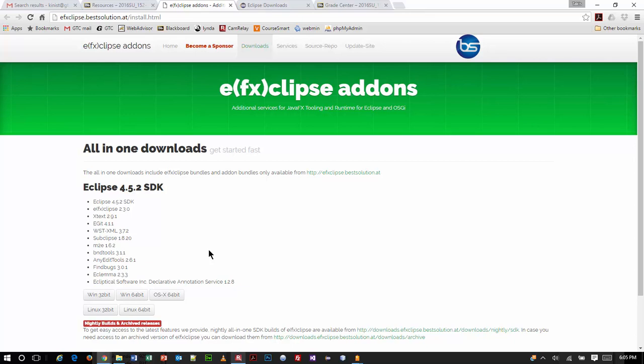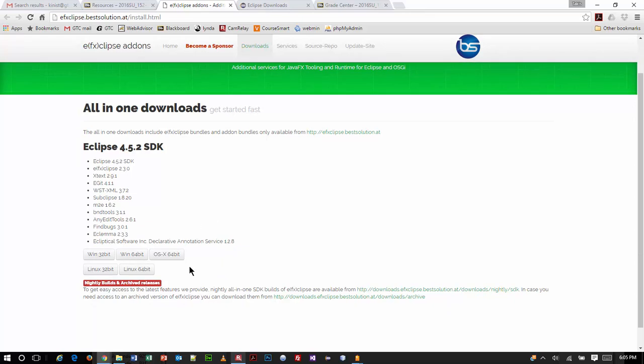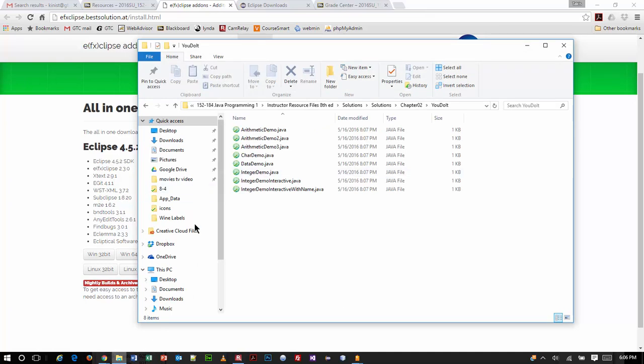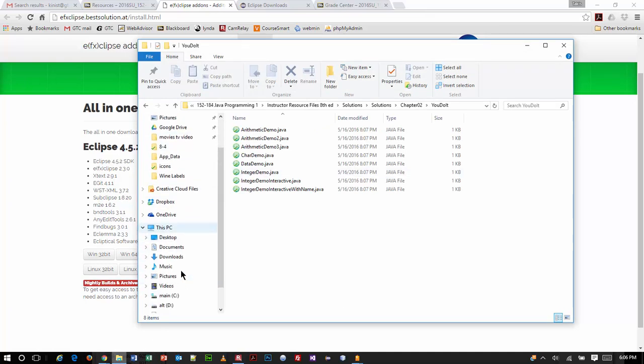Now, I see a Mac person sitting here. You will need to download the OS X version, but that does exist for the Mac as well. So, it is equally as portable and highly recommended, basically. All right, so if you're interested, go ahead and download it. Choose the 64-bit, unless you know you have an old XP machine, you should be fine. And then once you have it loaded up on your system,